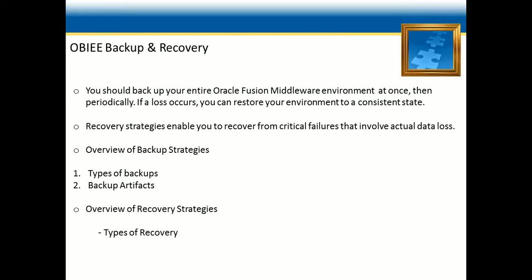At the time of online backup, you do not shut down the environment before backing up the files. To avoid an inconsistent backup, do not make any configuration changes until the backup is completed. You can perform backups on your full Oracle Fusion Middleware environment and on the runtime artifacts, which are those files that change frequently. So we have backup artifacts also, which include static files and directories and runtime artifacts.